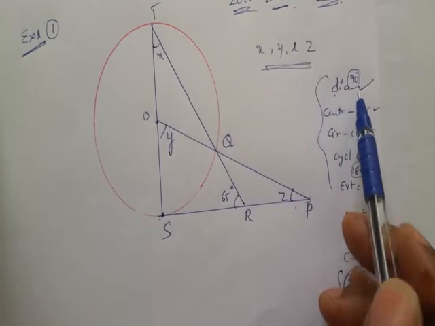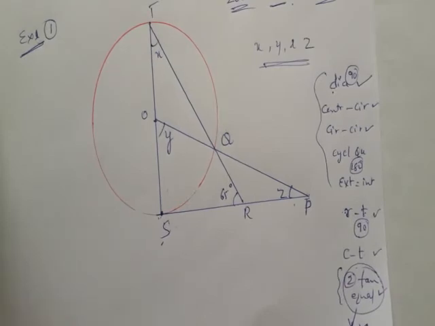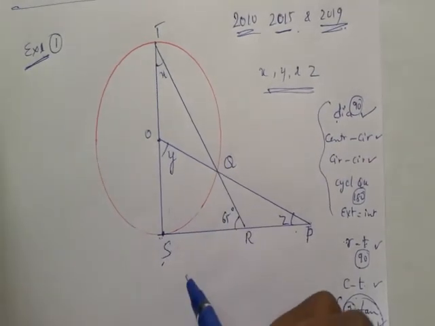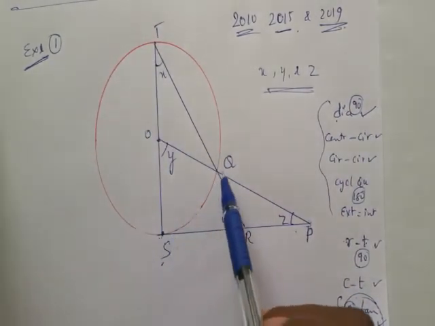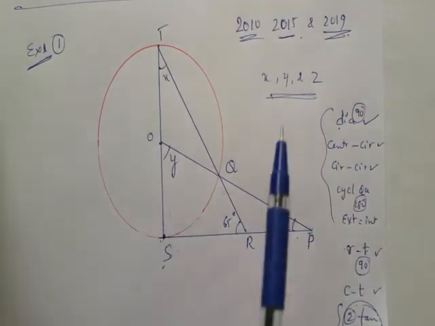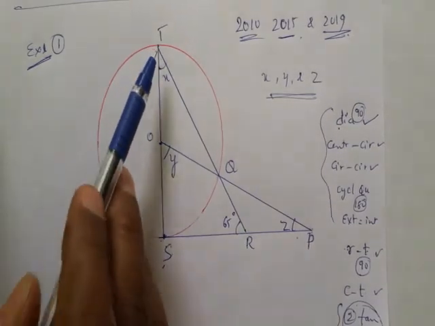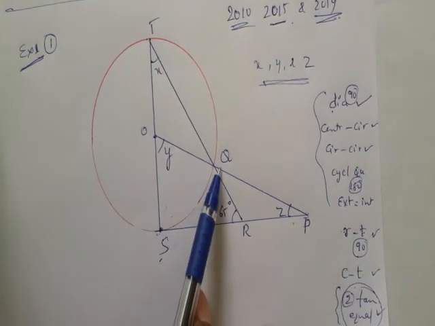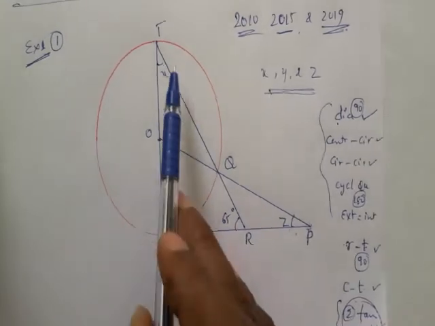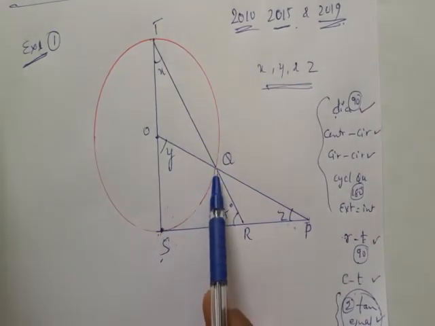Now go one by one. Diameter, yes. TS is a diameter, because TS passes through the center. TS is a diameter, but where to mark 90 degree? Diameter says that if you join, 90 degree. TS is a diameter, means from T one line is drawn. From S, if you join this line SQ, then we'll get 90 degree here. From S there is no more line. Don't confuse, this line is a tangent, not a diameter-end drawn line. So from T one line is drawn, from S it is drawn to Q, then we can mark 90 degree.